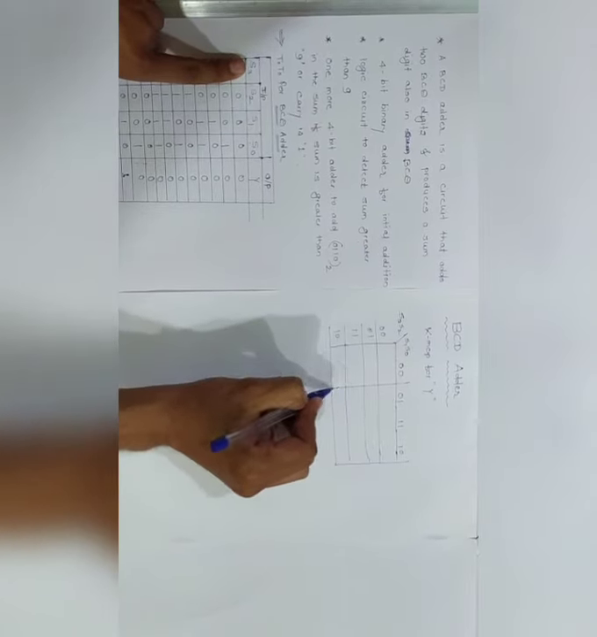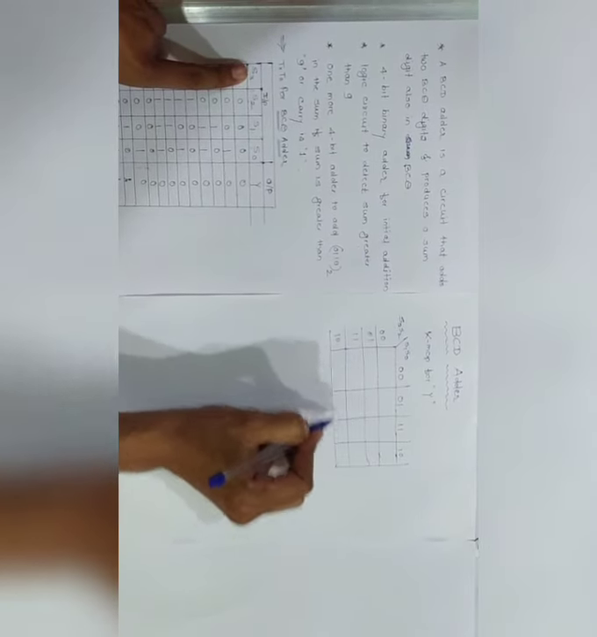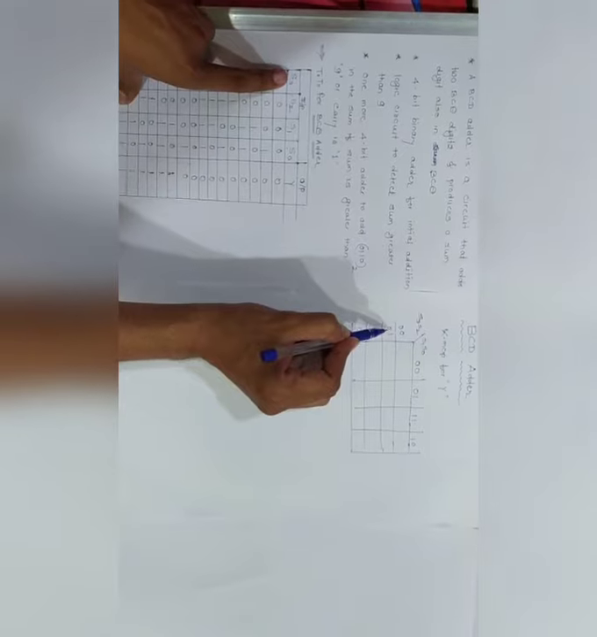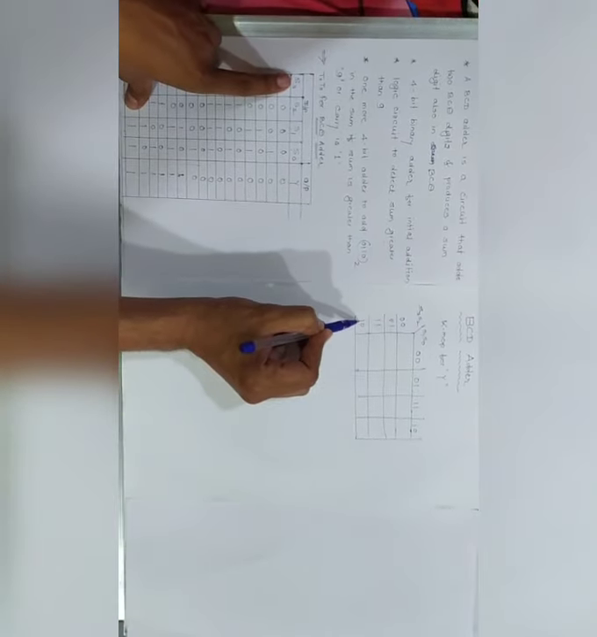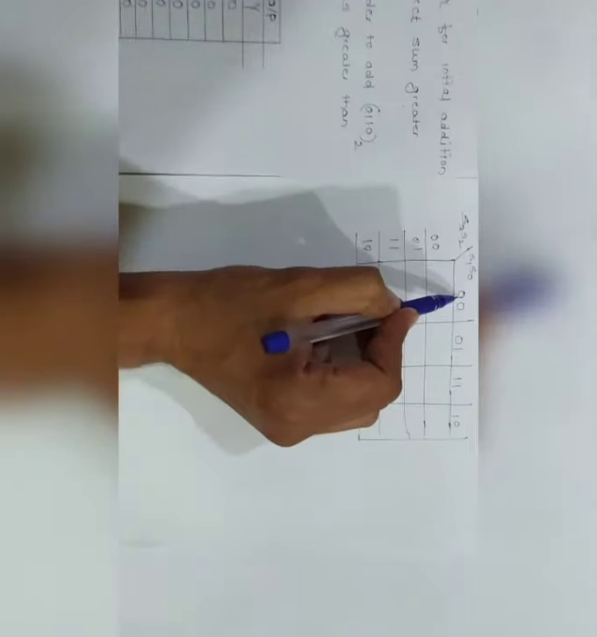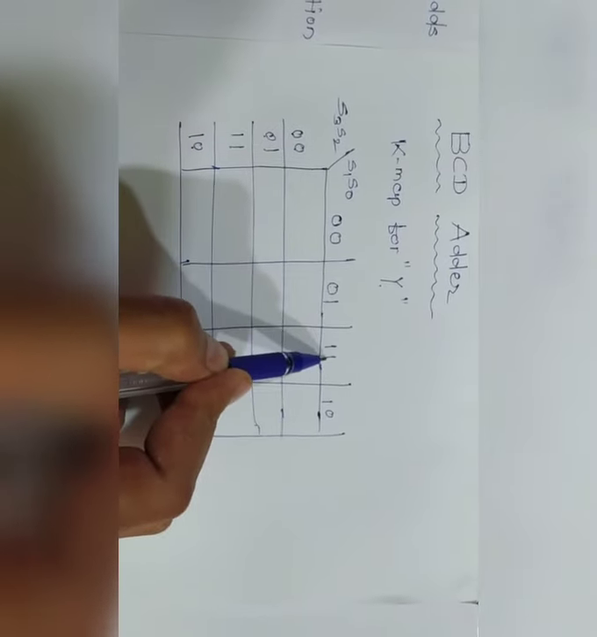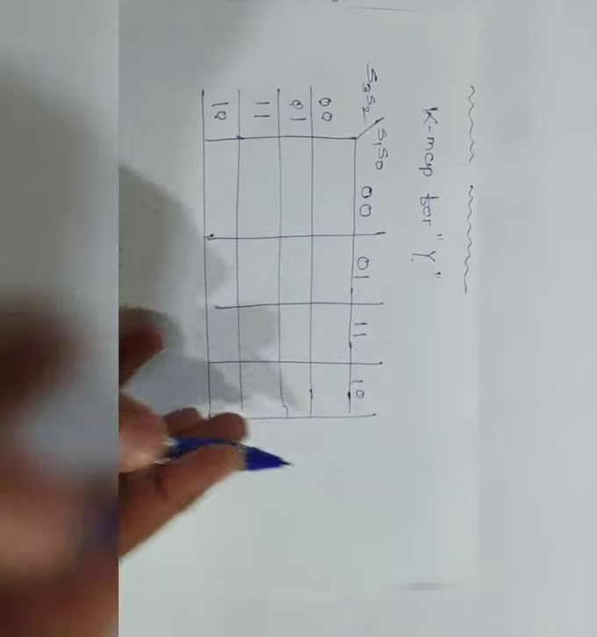Now you can see here there are 16 boxes because of 4 variables. Okay, now these are the values of what? S3 and S2, S3 and S2, S3 and S2, S3 and S2. These are the values of what? S1 and S0, S1 and S0, S1 and S0, S1 and S0, right? So now